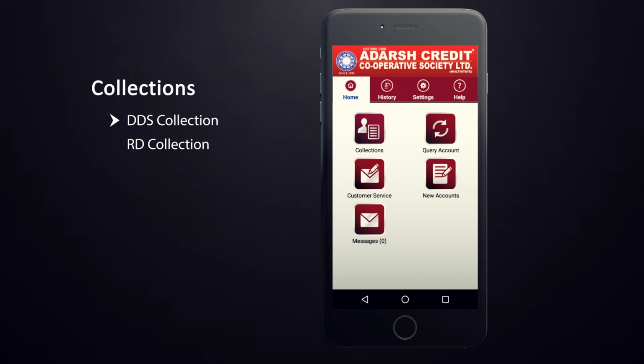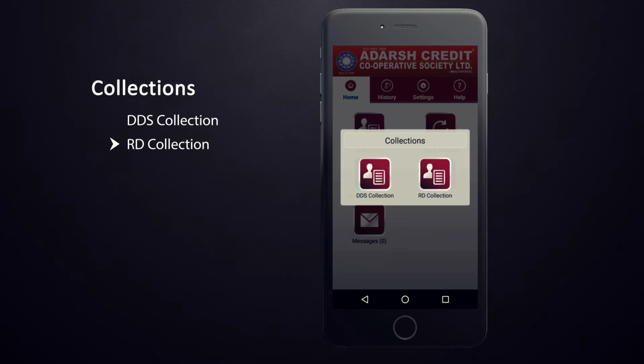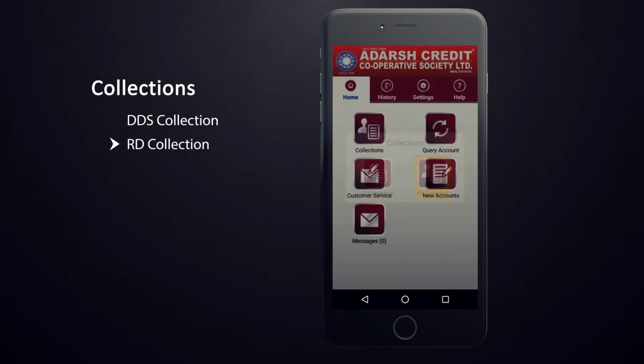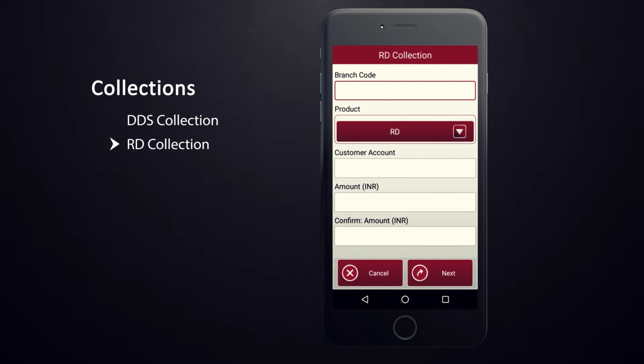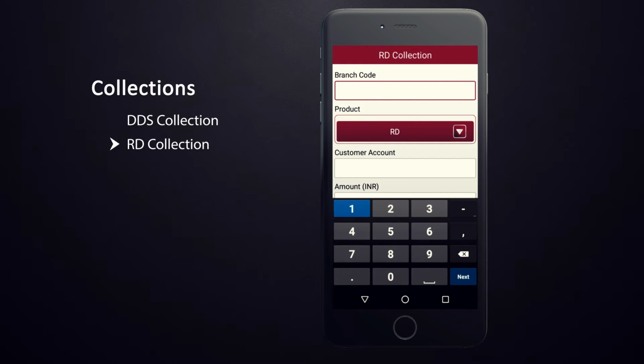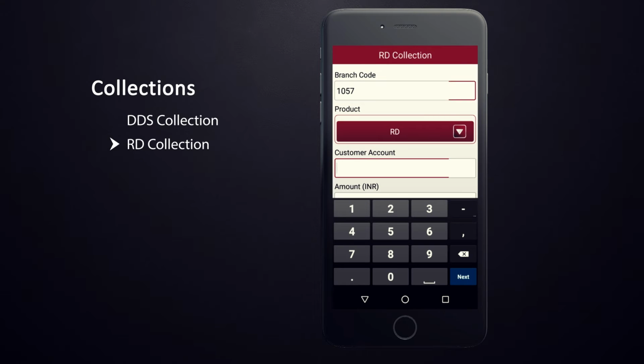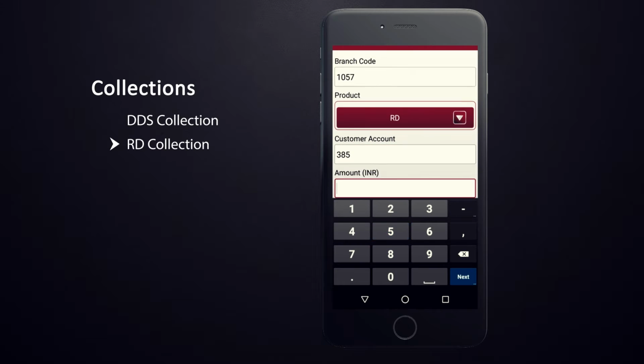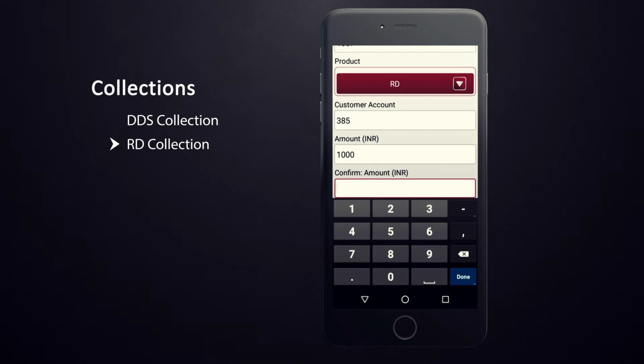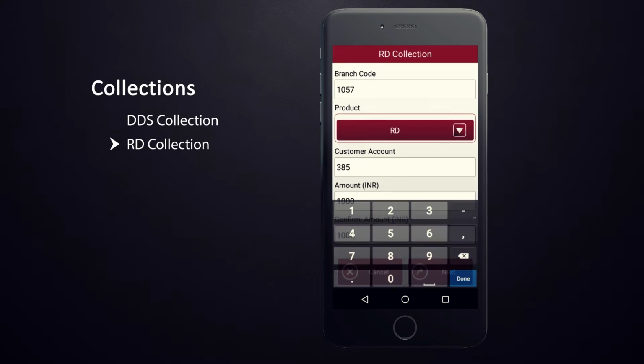Similarly, for RD installment collections, tap on the RD collection icon. Product value will be default RD. Enter the customer account number. Enter the installment amount. Re-enter the installment amount to confirm.